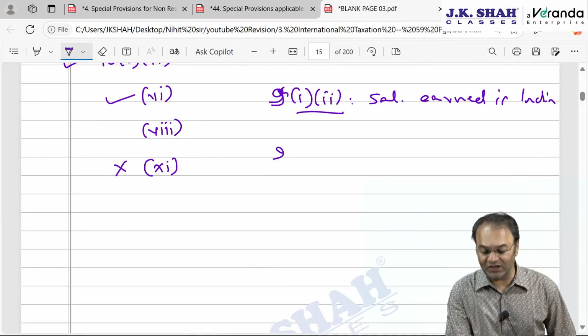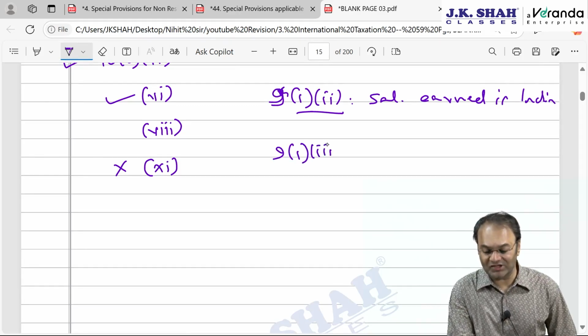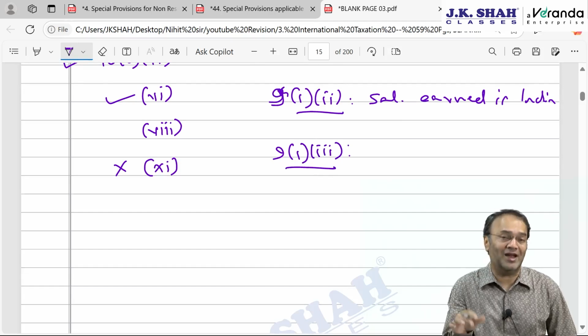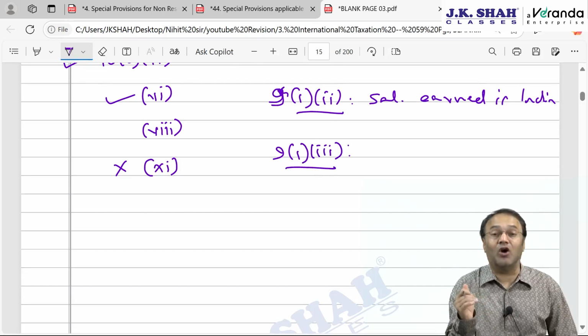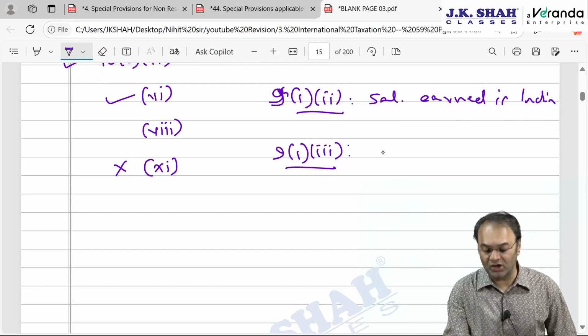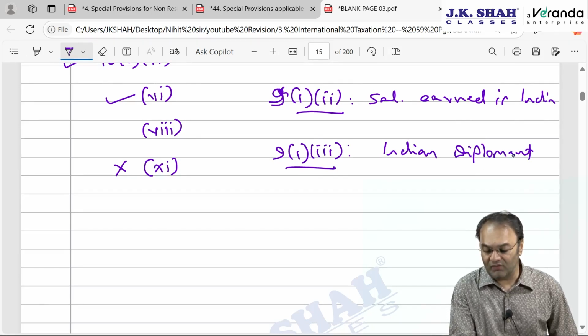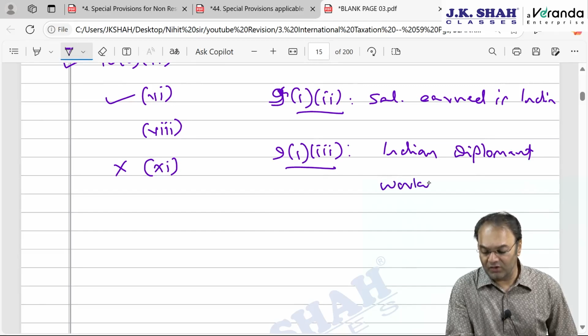However, 9(1)(iii) says that even if salary is accruing at the place where it is earned or where services are provided, in case it is an Indian diplomat working for the government of India, who is a citizen of India, working abroad, working for the government of India, working outside India,